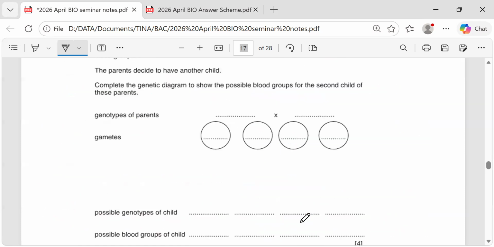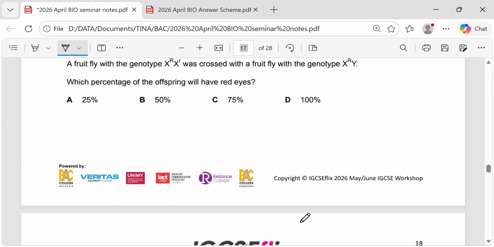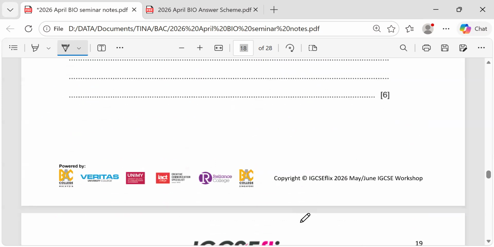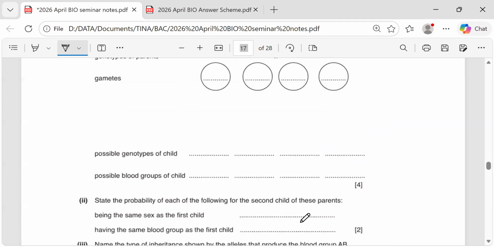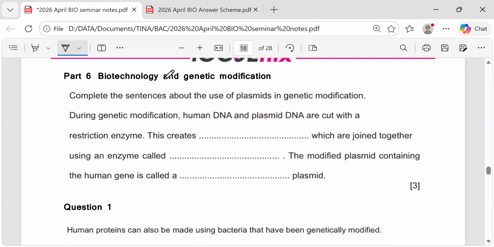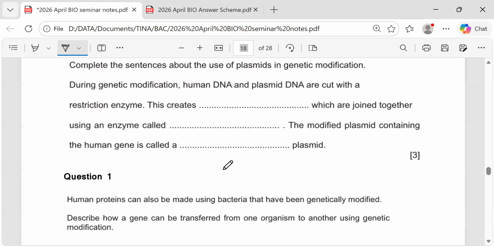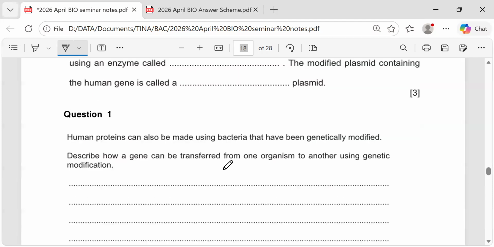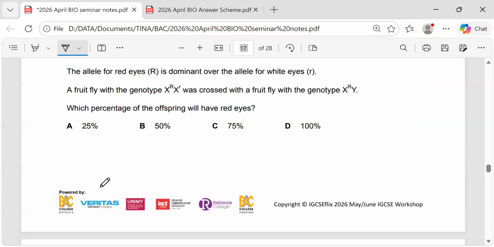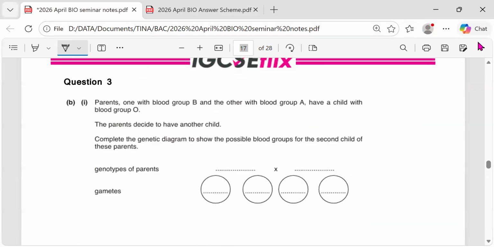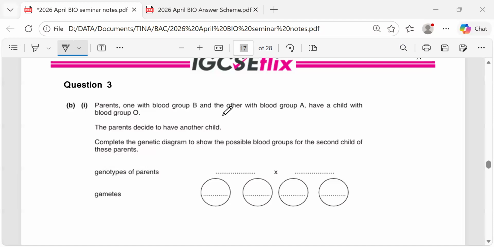Okay, this one. So many questions. You don't have to finish everything. I just want you to do 3 and 4 and part 6 and, oh yeah, 7. I did the exact same question. Okay, good. Do it, quick, quick, quick. What's the gene like? Okay, one parent with blood group